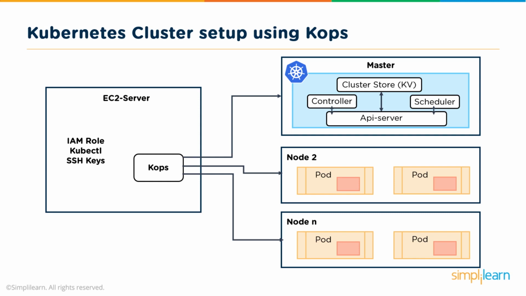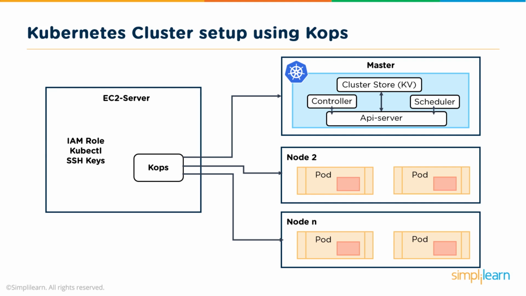Now this will be my starting point from where I'm going to trigger bringing up a big cluster. In our case, I'll try to keep it a little small. I don't want too many nodes in my cluster. I'm going to have one master node and two worker nodes. This whole operation would be done programmatically by installing this Kops admin tool. So as you may know, in AWS, it's a little hard for me to programmatically bring up servers. It's not pretty simple. So what I would do is create an IAM role which I will attach to my EC2 server so that my EC2 server gets powered with all the required permissions so that it can go ahead and spin up the cluster based upon my configuration that I'm going to specify.